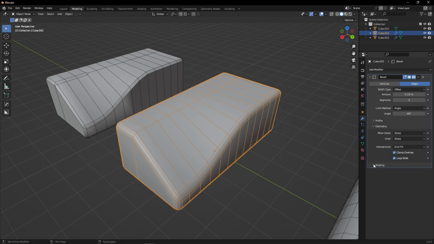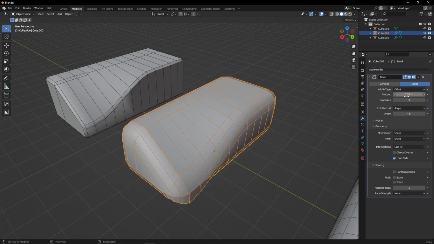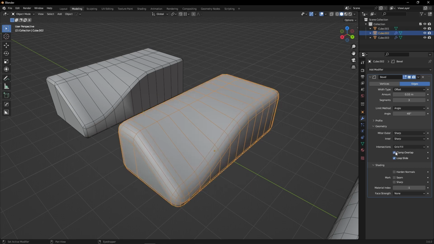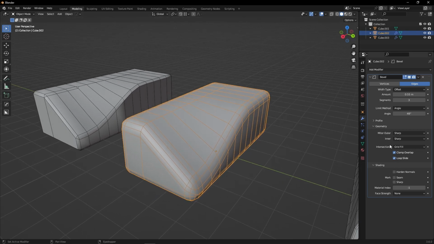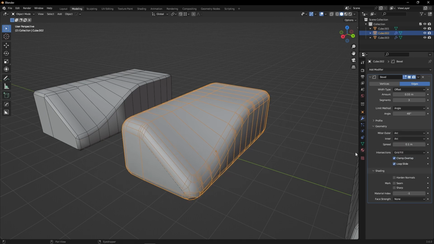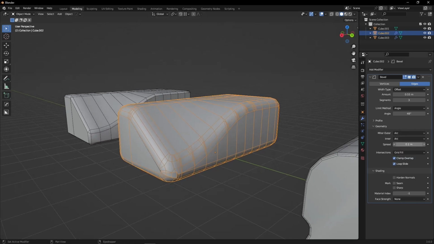There is also a clamp button here, which you need to be aware of, because if this is on, it won't go past, just as before. And you can adjust mitering right here. Sometimes it can be bad, so it's good to keep in mind that you have these options